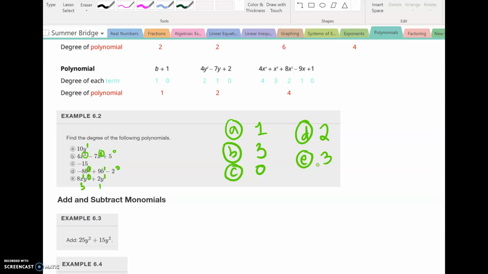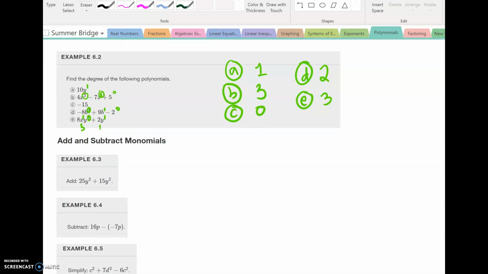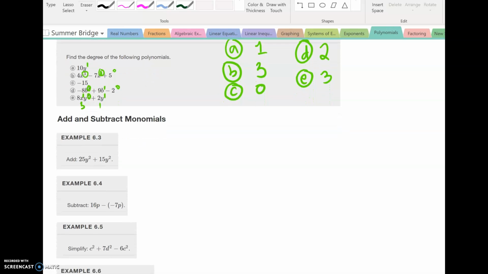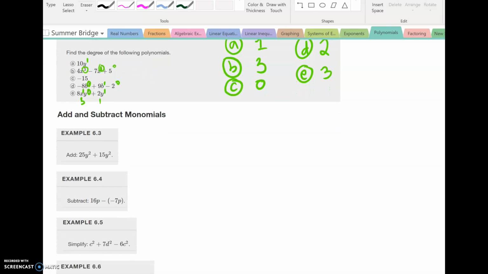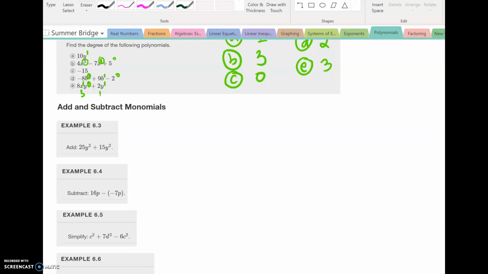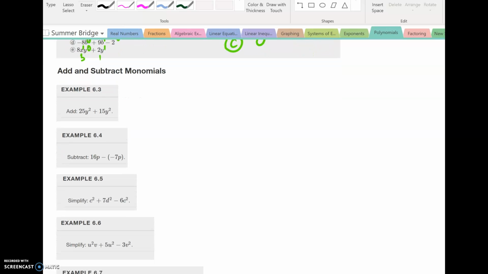Okay? I could give you some more examples, but we really just need to move on. This is just how we label certain polynomials, and how we are able to categorize them with degrees. It's how we help describe polynomials. If it's a monomial, binomial, trinomial, and then what degree it is. The meat of this lesson is really just adding and subtracting. And not necessarily monomials. We're talking about all polynomials. In this case,